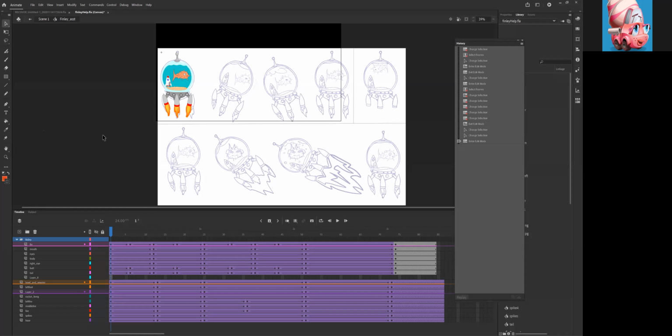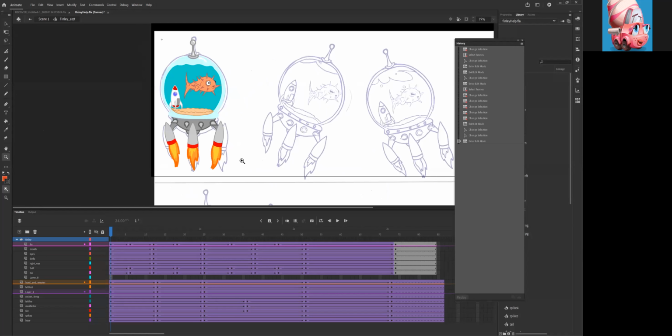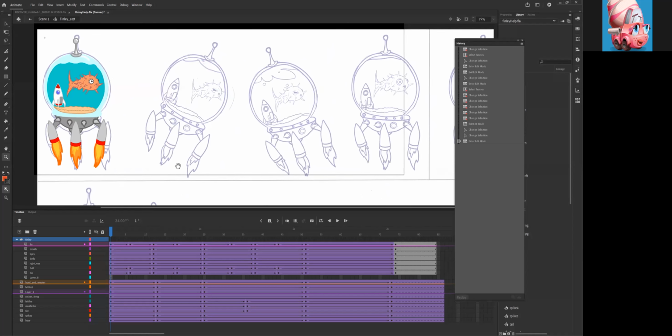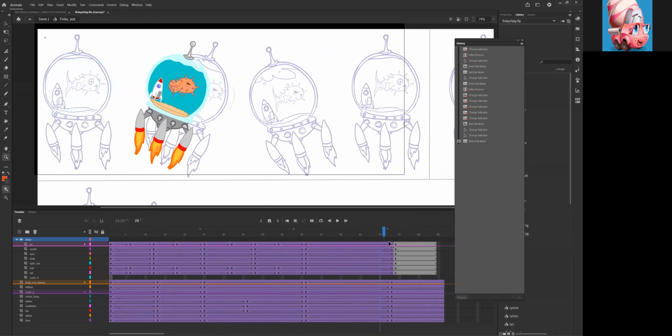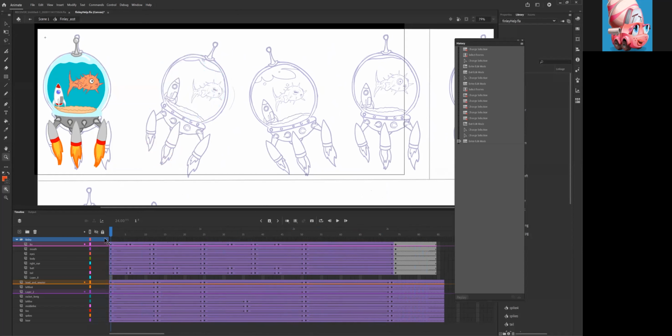Okay, so I'm working with Amber's file on this really cute Finley character, and we're in Adobe Animate. And the issue that Amber was having, first, let's just scrub this timeline to see how beautiful the animation is turning out. Really nice, Amber. So the issue that Amber had is that when we went to export the file, it only